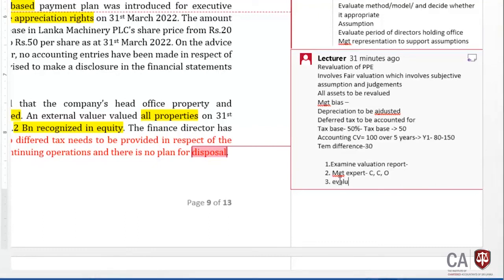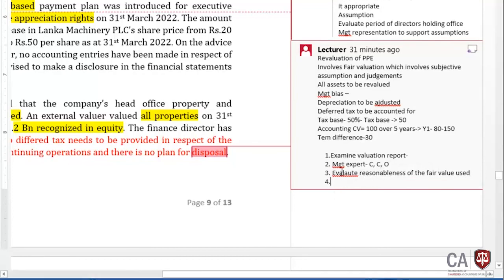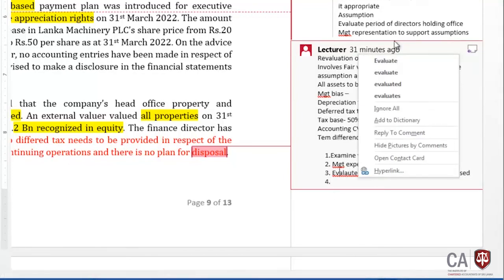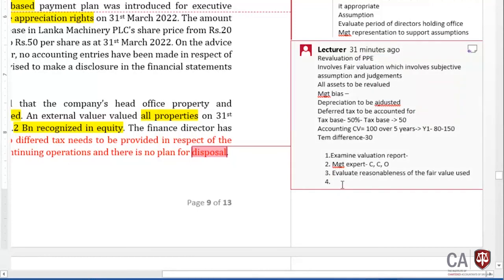But remember, there is another thing I want to emphasize. Finally, auditor has usually a good business understanding, right. So, one big point would be whether the valuation is reasonable, the reasonableness of the fair value used, because at the end of the day it is a fair valuation, compared to market value, if this is really unusual. And then similarly, auditor can evaluate